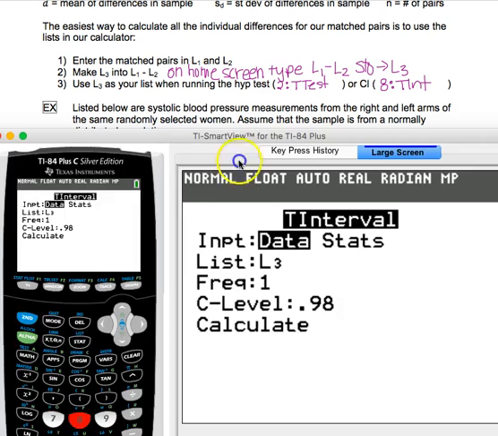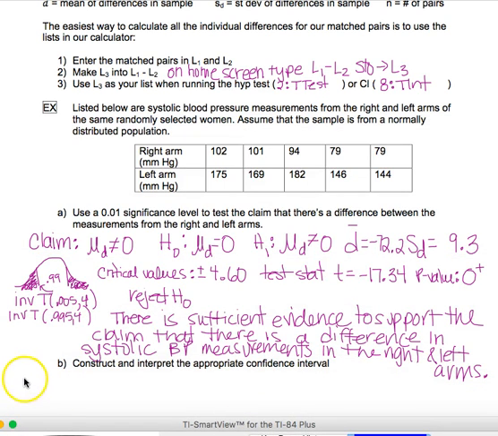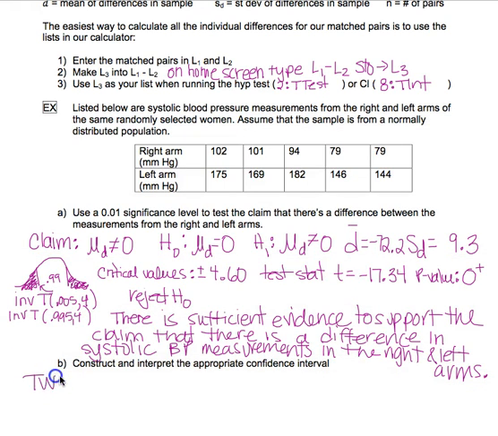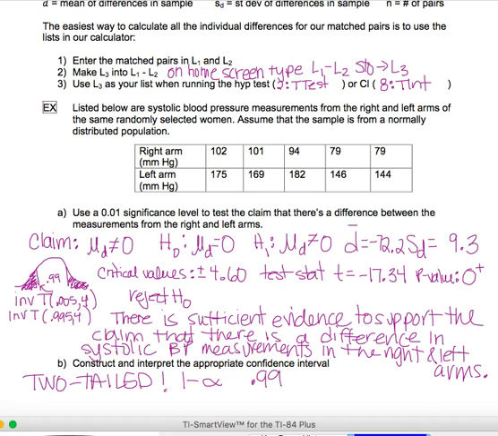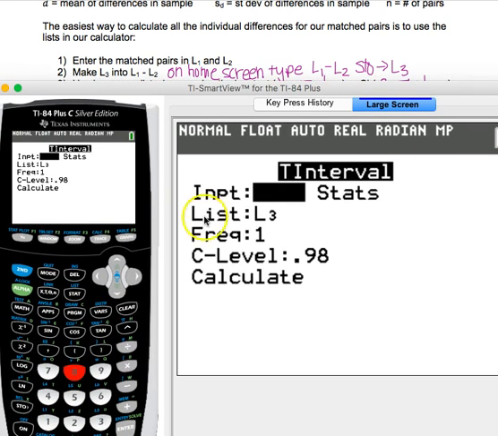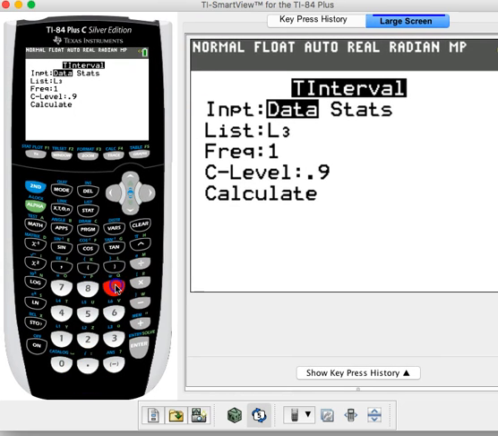Now our C level this time, be careful, this is two-tailed, which means instead of 1 minus 2 alpha, it's just 1 minus alpha. So this is a 0.99 confidence interval that we're constructing. So list 3, frequency 1, our C level in this case should be 0.99. Then go to calculate,